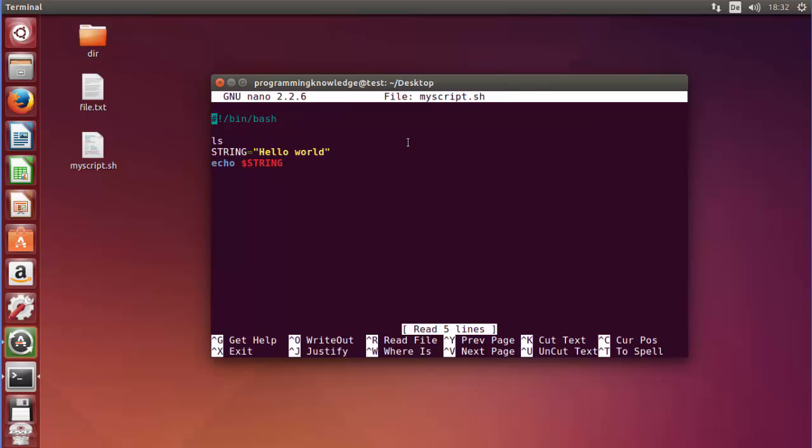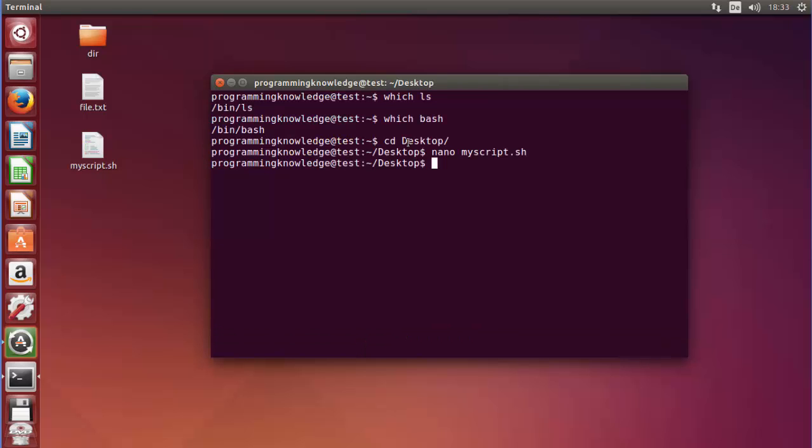In bash scripting especially, it's a good practice to use the full location, for example /bin/ls, right, which is the full location of this ls command. And then I will just exit out of it, and whenever I execute my script once again, it will give me the same result.